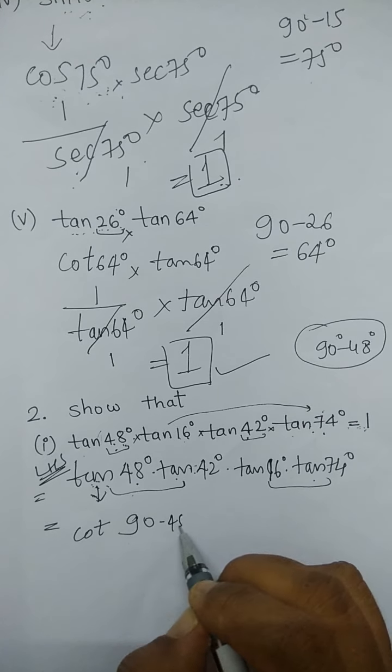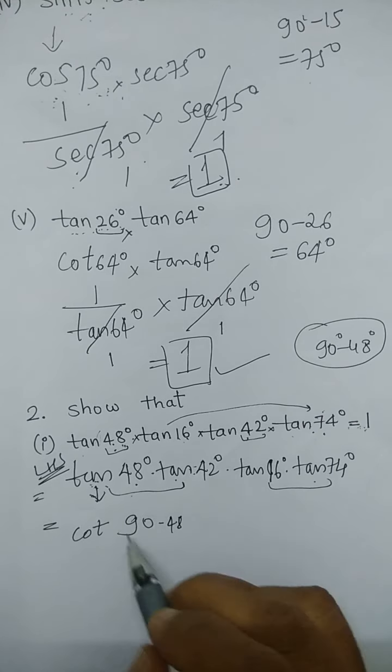I will not write it here like this because I have already written it. I told you already how to calculate. I will write the direct step. Tan's complementary ratio is cot and 48's complementary angle is 42. Okay, this one I have transformed like this: tan's complementary ratio is cot, and the 48 degree angle's complementary angle is 42 degree, into tan 42 degree, which will be as it is. We are not changing this.